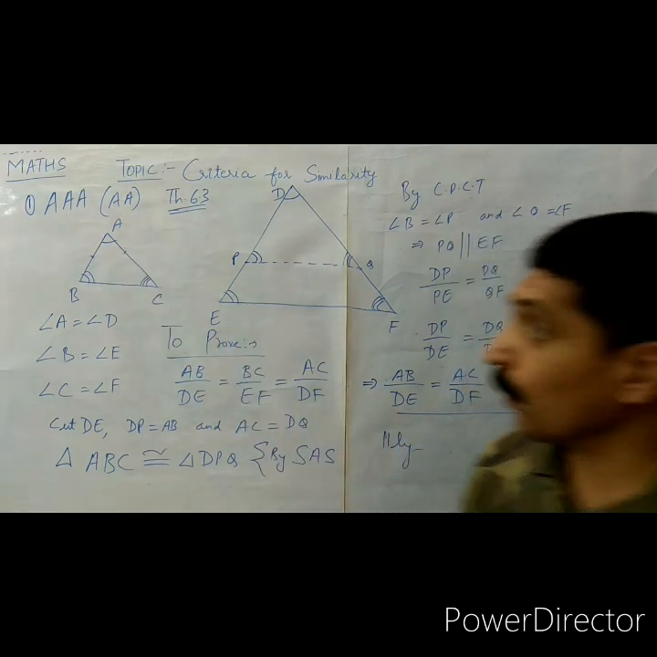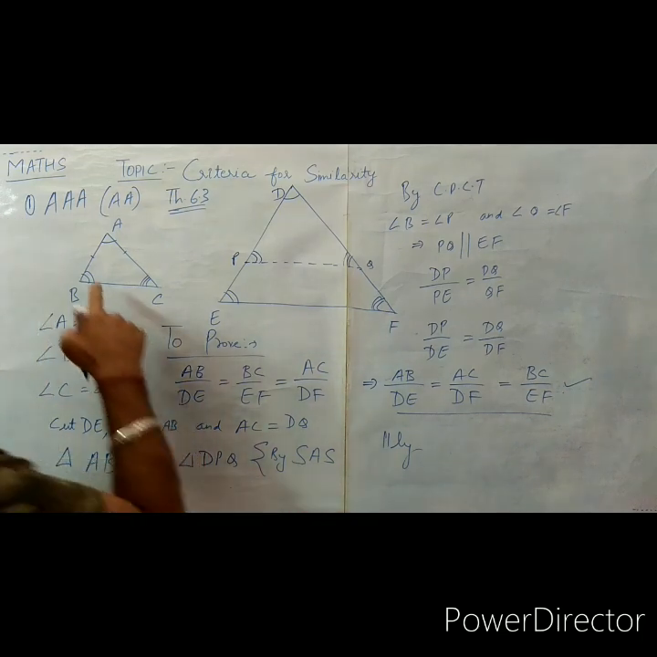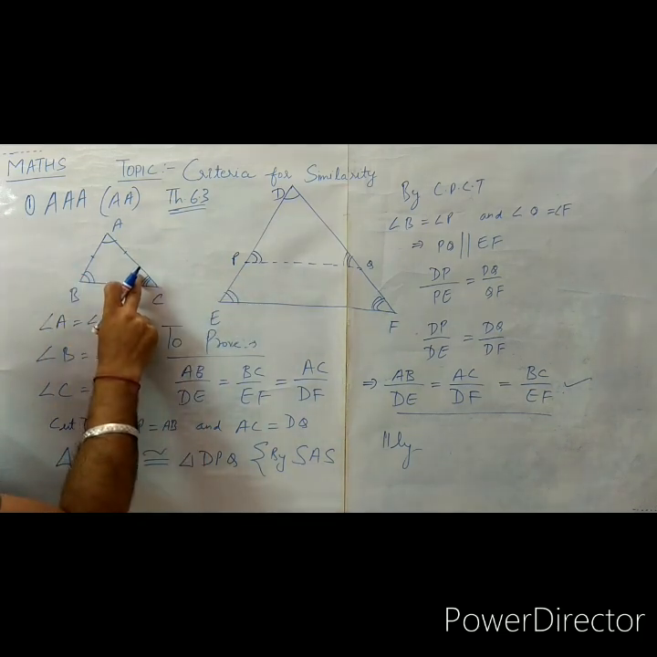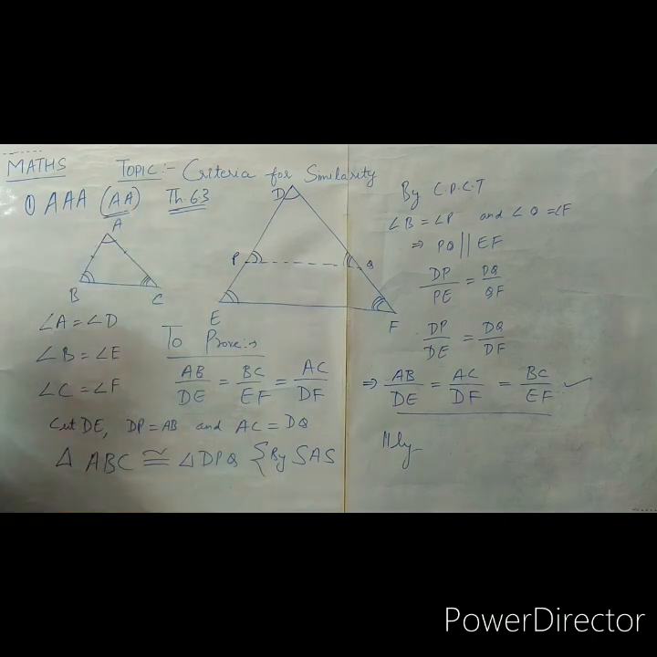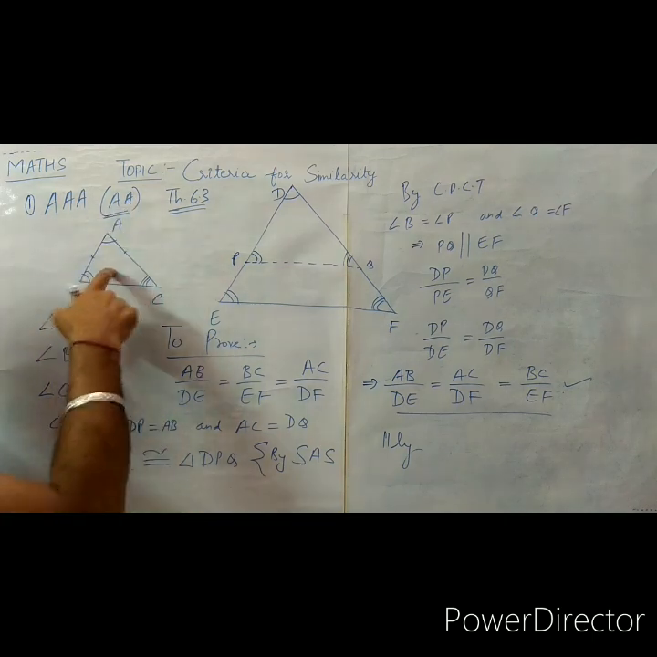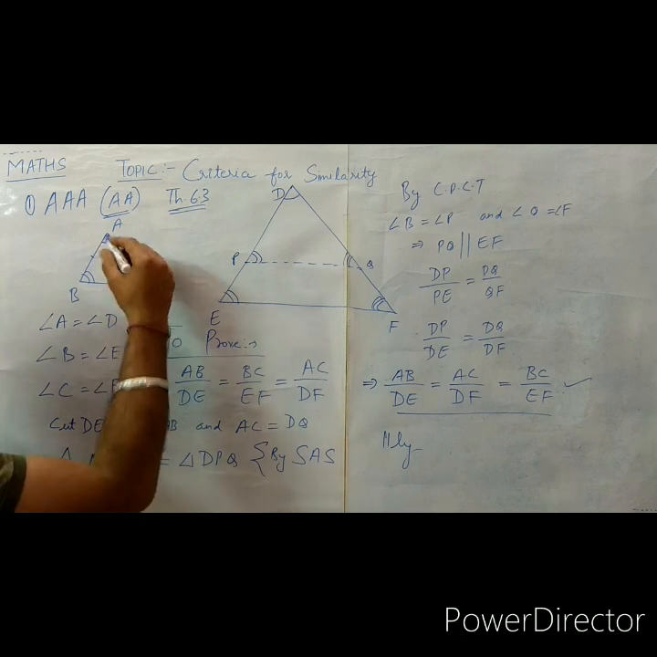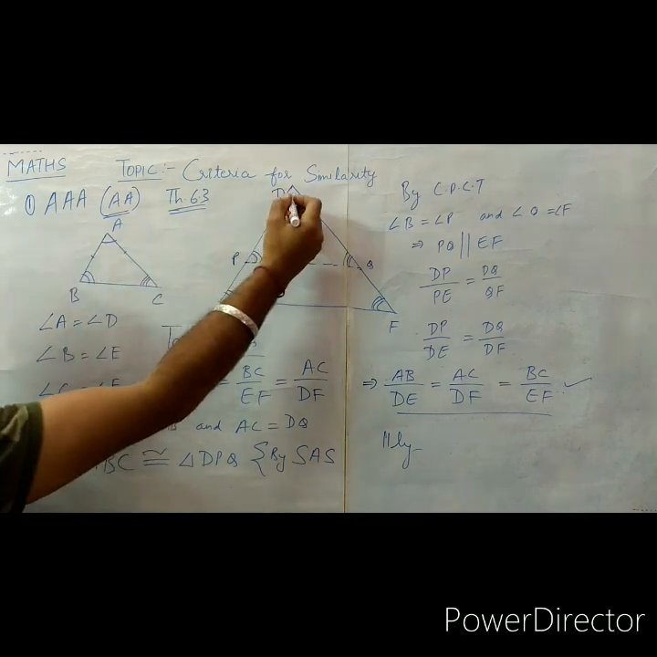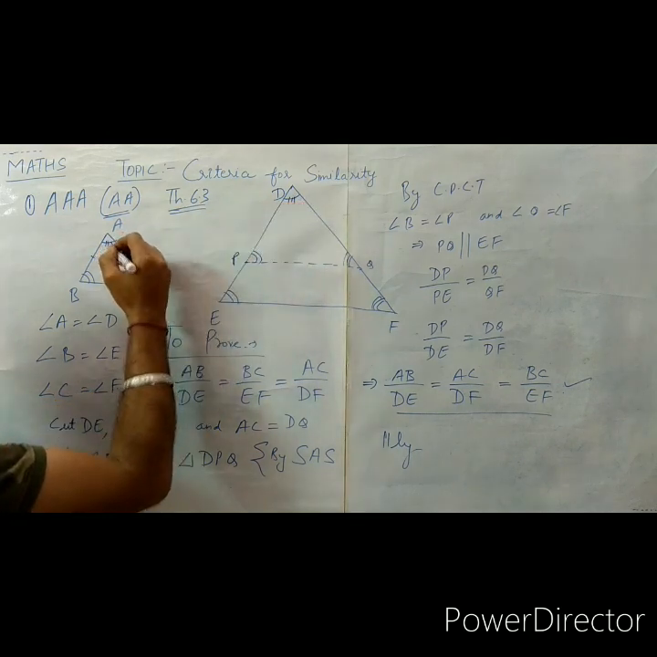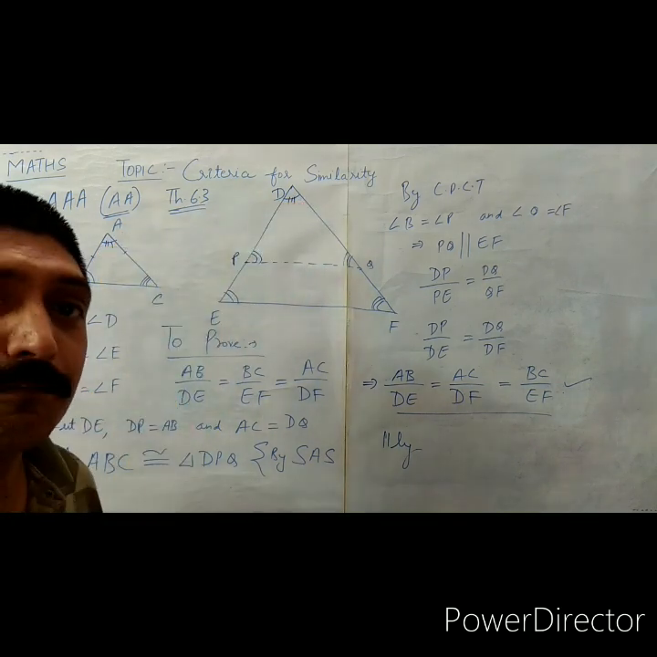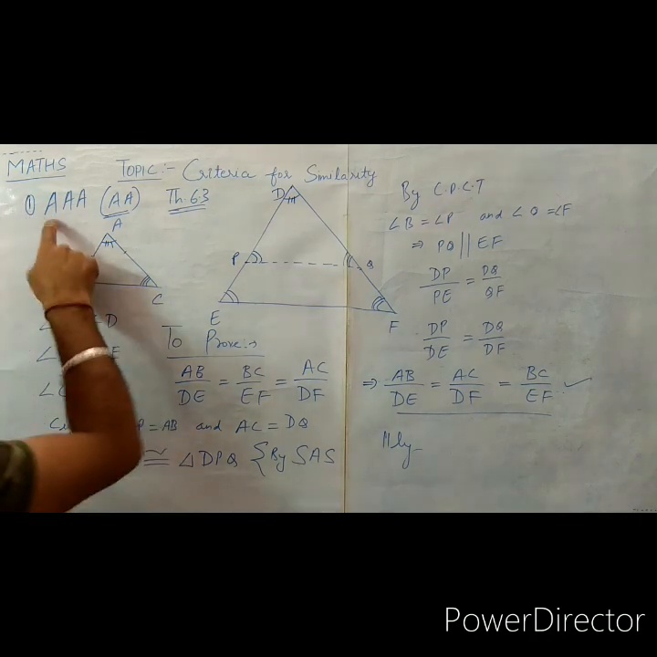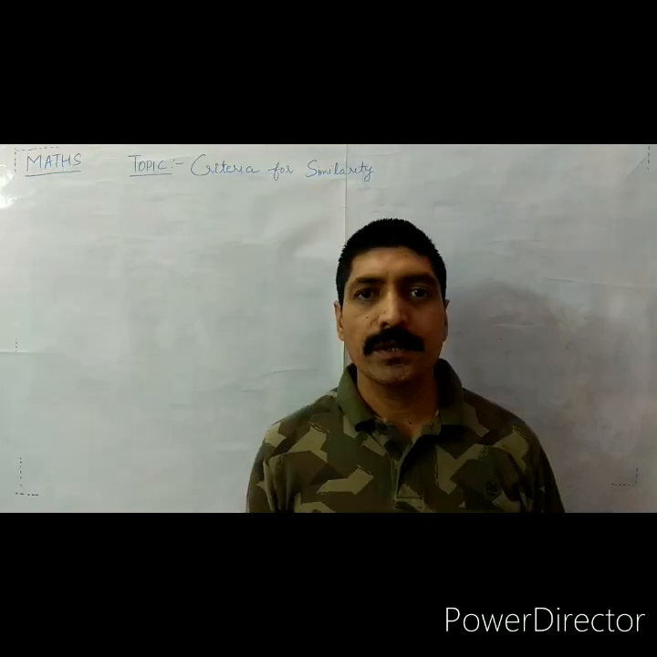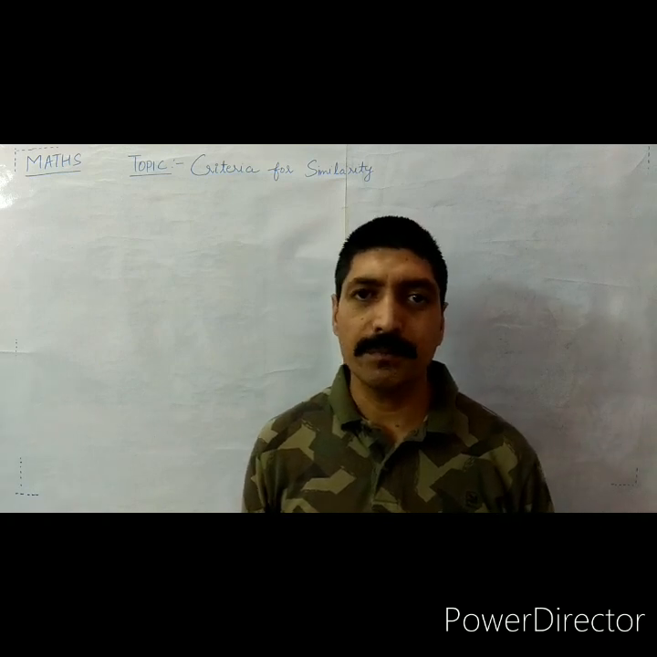Now we know that if in two triangles only two angles are given, then AA is also a rule, because the angle sum property of a triangle says that if two angles are equal, then the third angle must be equal. So the AA rule and the AAA rule are one and the same. Question number 7 and question number 8